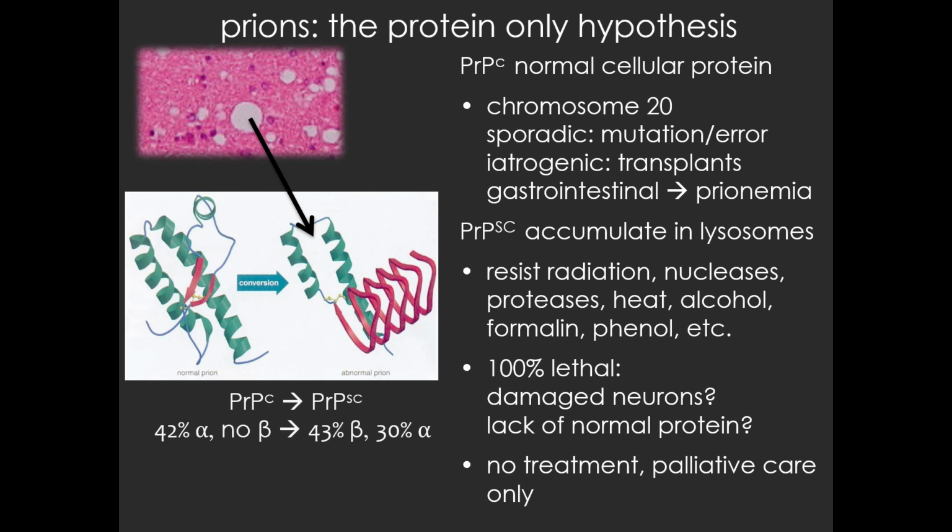there is a protein that is normally found on chromosome 20. And when they discovered this protein, they called it the PrPC, or prion protein cellular protein. So I know it's a little bit confusing for them to call it a prion protein, right? So this is a normal cellular protein found in everybody's brain. In fact, found in the brains of not just human beings, but organisms throughout kingdom Animalia. And it's, like I said, found on chromosome 20. And it's thought that it's a protein possibly involved in long-term memory. People are not sure exactly what its function is, but